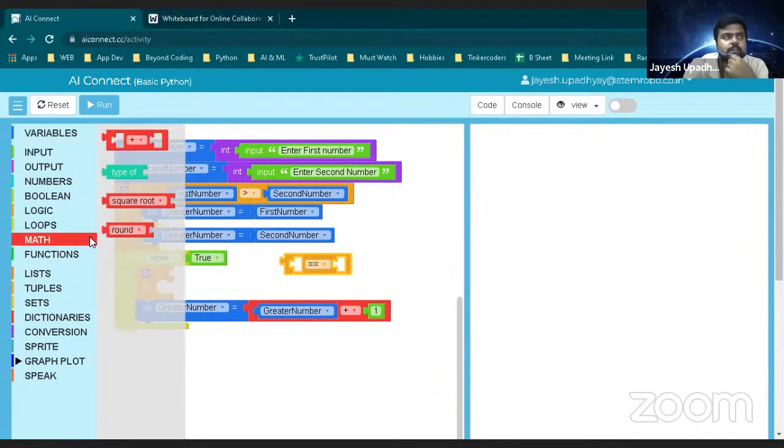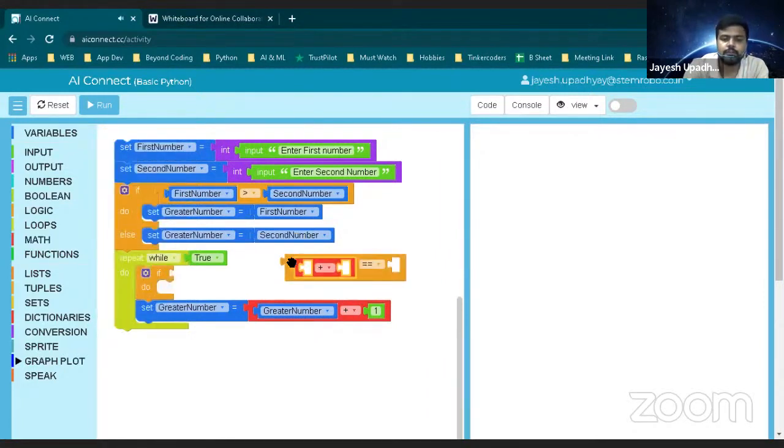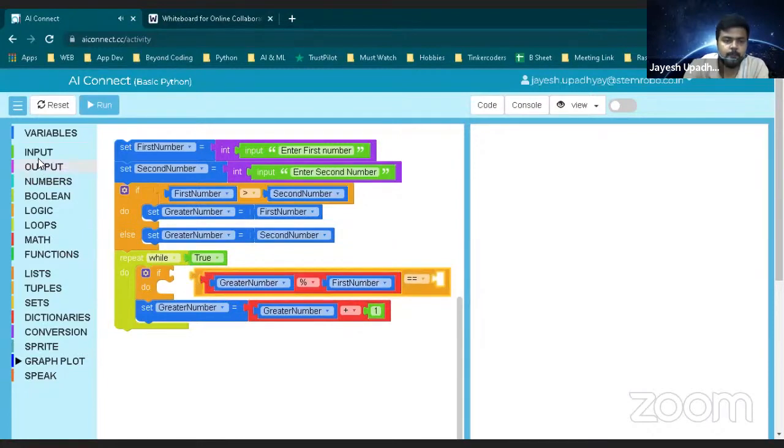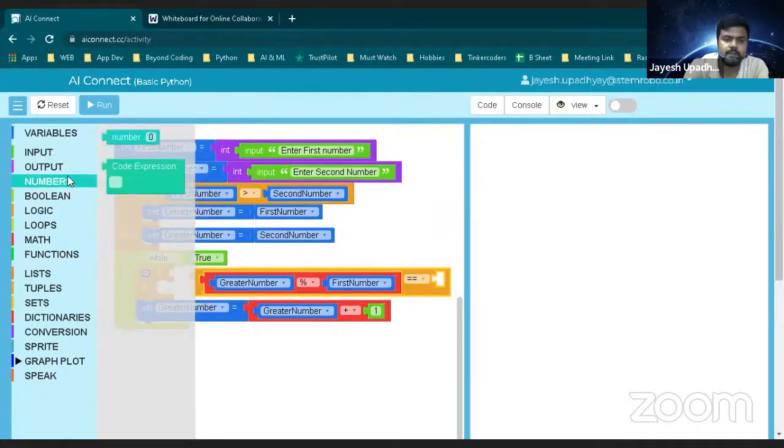What I have done in the prime number, modulo sign, right? If greater number modulo first number gives me 0.